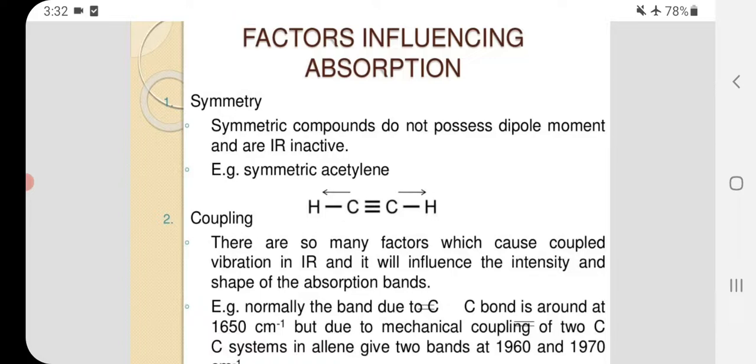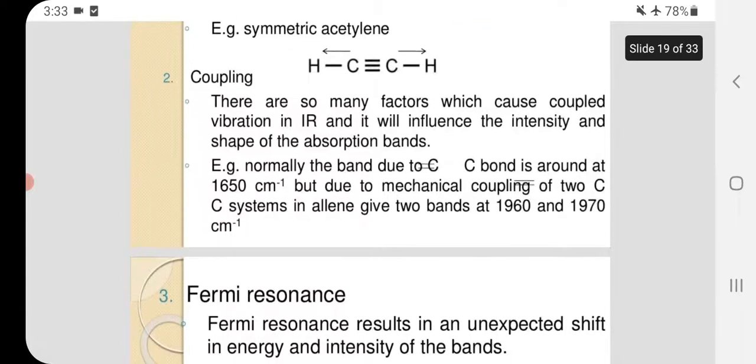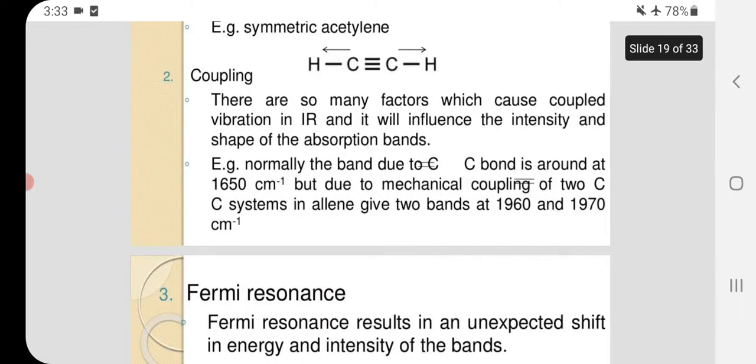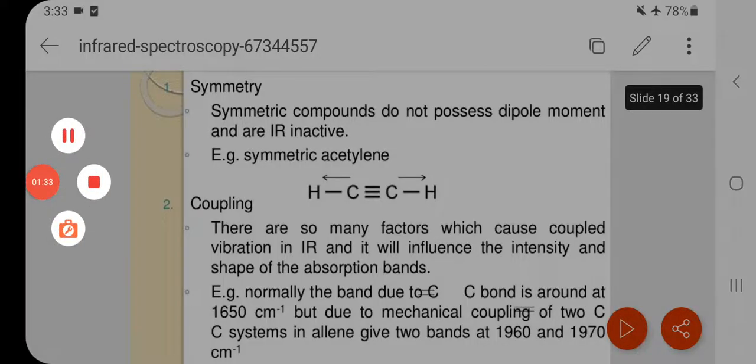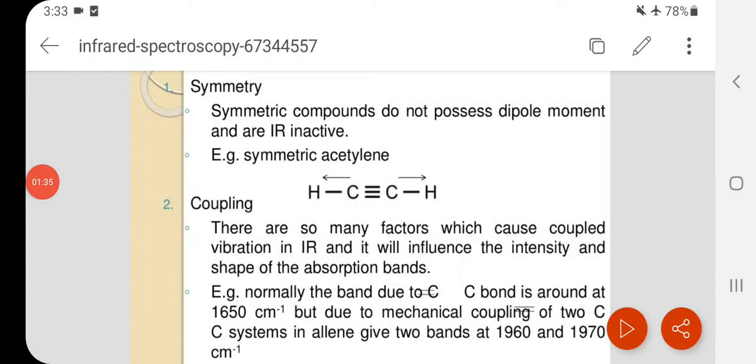Factors influencing absorption. Symmetry. Symmetric compounds do not possess dipole moment and are IR inactive. Example, symmetric acetylene. Next, coupling. There are so many factors which cause coupled vibrations in IR, and they influence the intensity and shape of